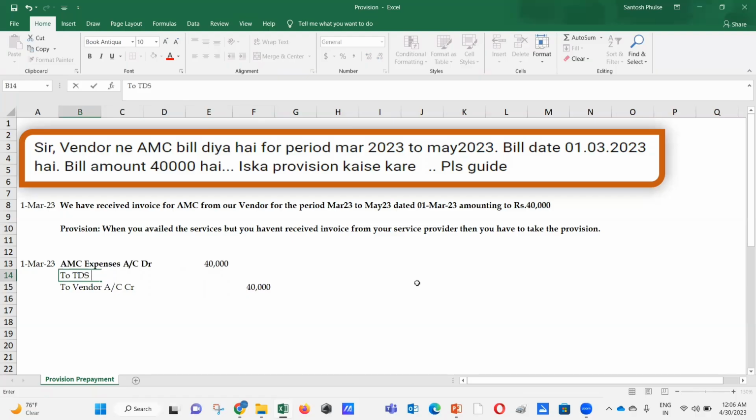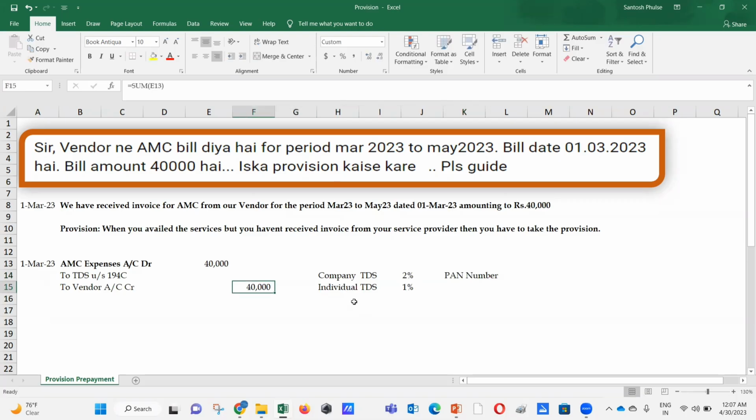2 TDS is going to be under section 194C. That's a contract. And again, here as well, if your AMC with the vendor is a company, then your TDS is going to be at the rate of 2%. And if it's an individual, then the TDS is going to be 1%. Okay, it's 1%. How do you know this? This is based on your PAN number.